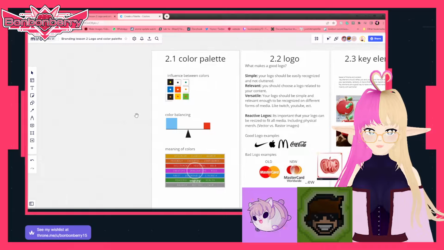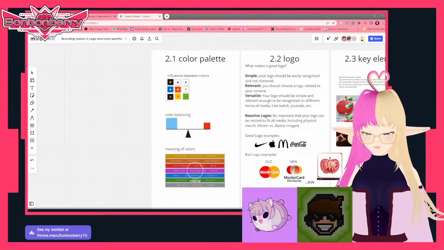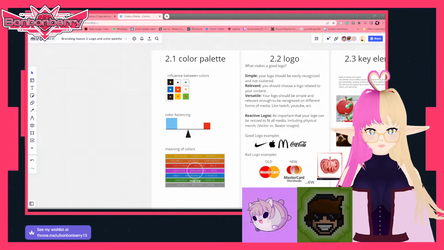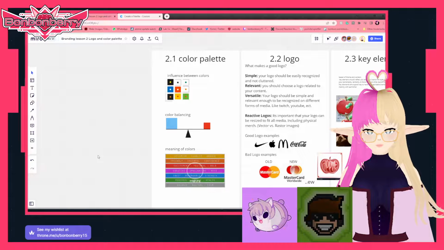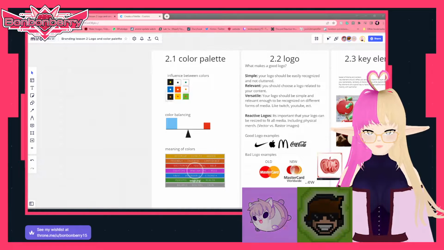2.1, basically color palette. So we're gonna start from the top. Influence between colors. So if you can see the attached image,